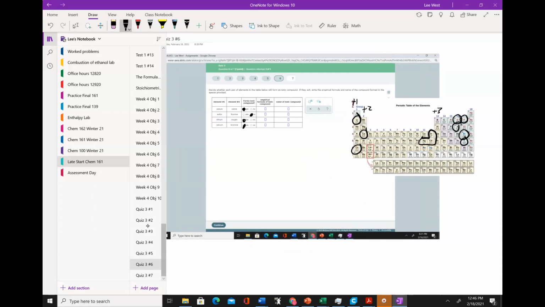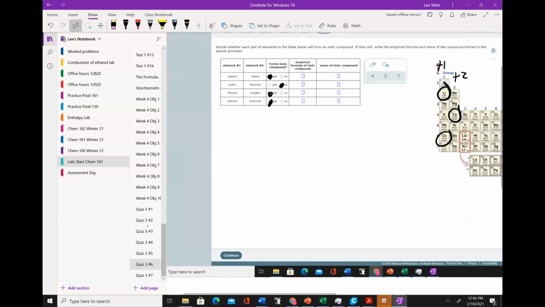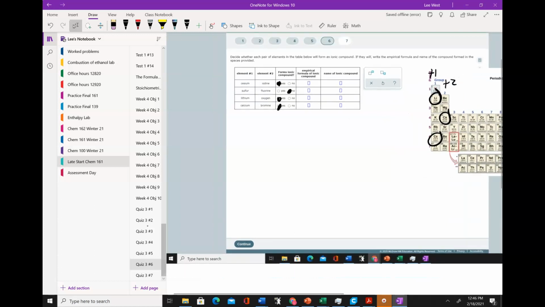So cesium is in group 1A, lithium is in group 1A, calcium's in group 2A, so none of our cations need Roman numerals. So they're all just going to be cesium, lithium,